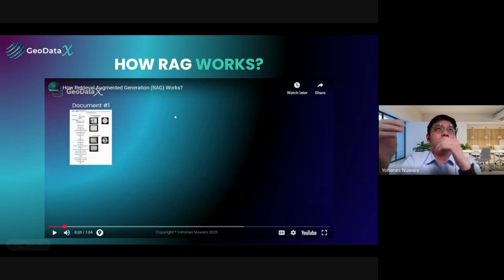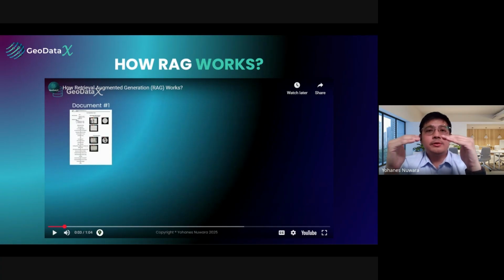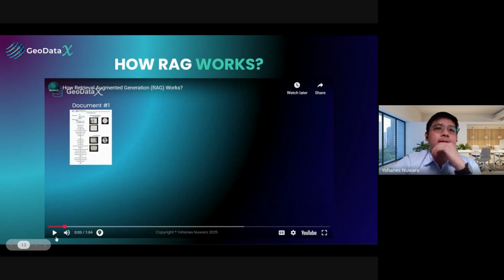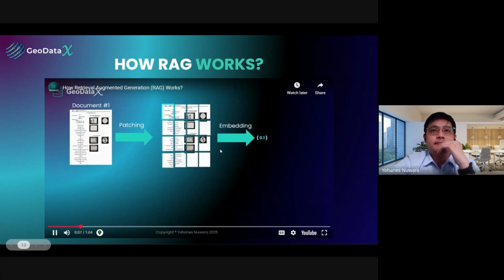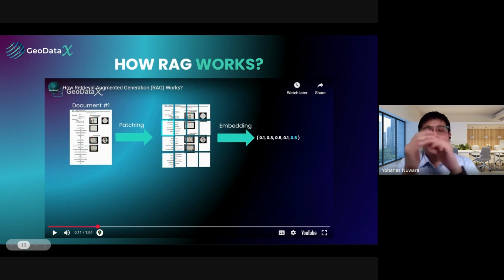So the problem is that if we compare these two documents, we are going to ask which document is relevant to our question. First, each document will be divided into several patches, or small images. Every patch will create an embedding. What is an embedding? Actually, embedding is this,